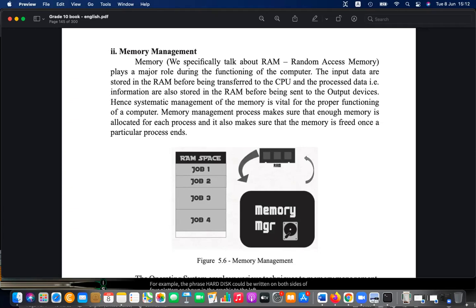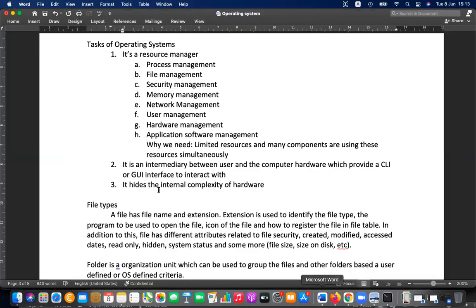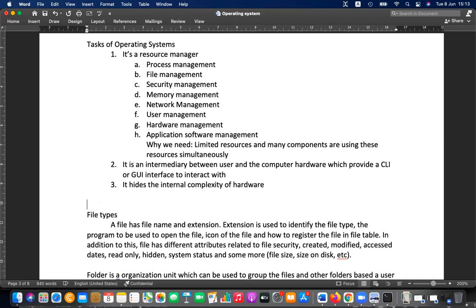Okay, please write down these two terms related to process management. It's very important. Right, these are the terminologies, very important terminologies. A process is a program in execution,